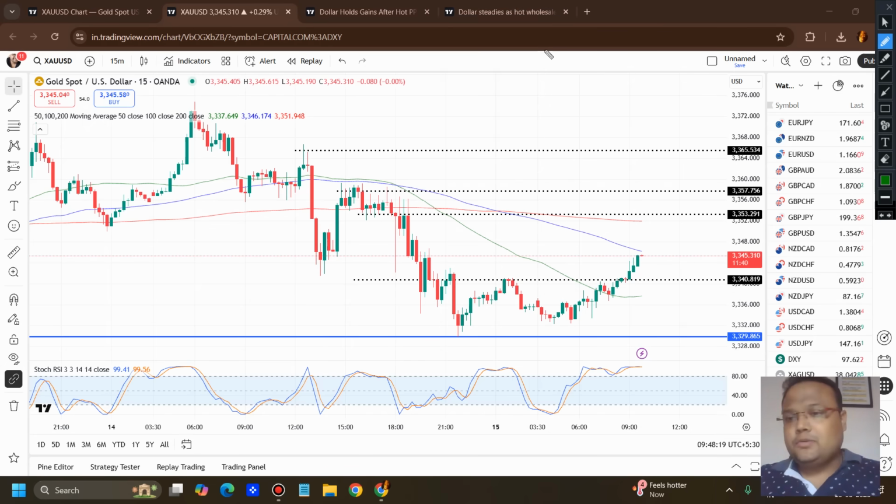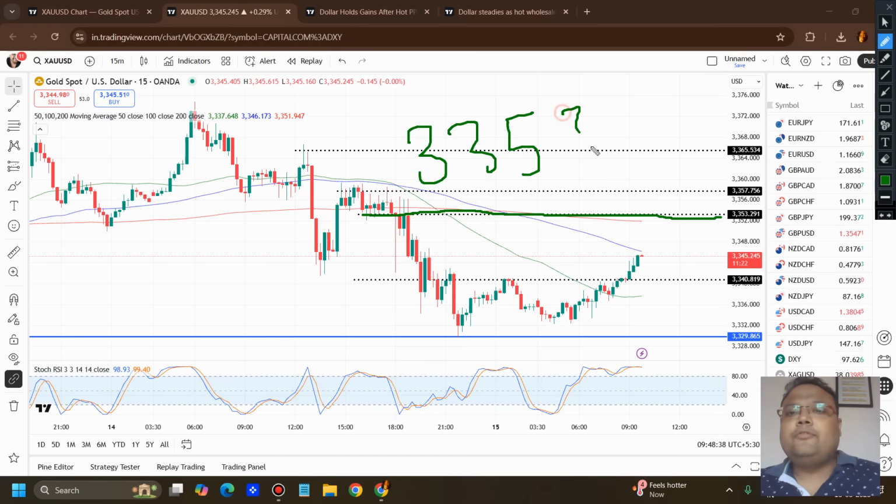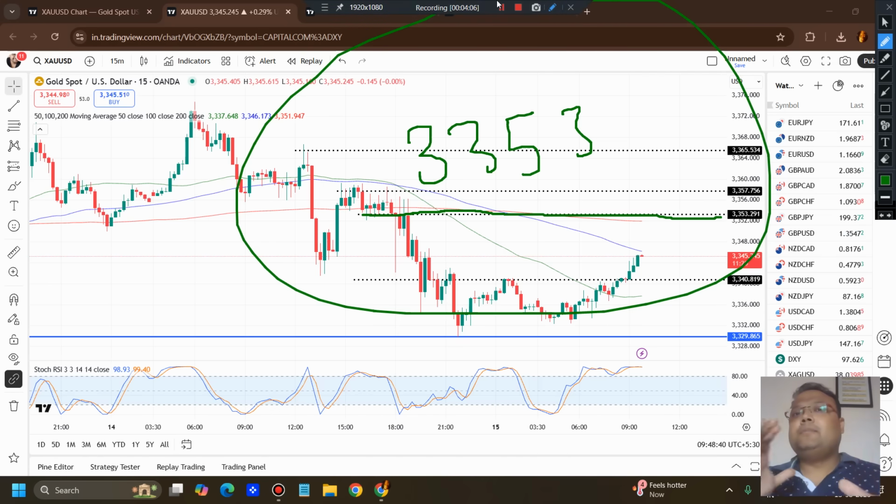As for swing traders, I don't have anything to say right now, because you can clearly see gold is crazy, with no direction. As a swing trader, at least you need good swings in the market, or at least you need a trend. Right now we don't have anything. So for day traders, you can also observe the market around the 3353 area. I'm just saying the number 3353.